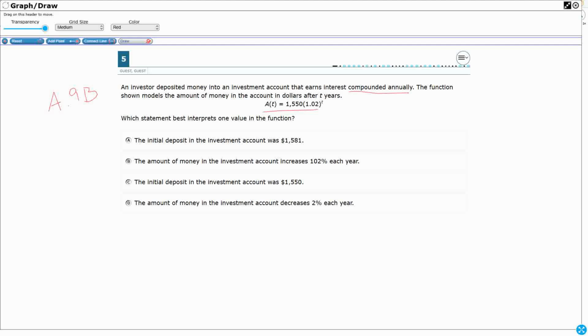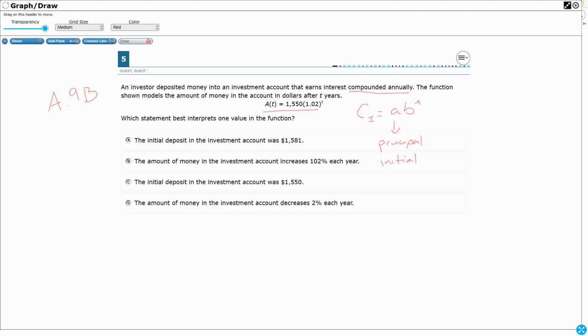Okay? And so what we have here is the compound interest. I'm going to put it right here. Compound interest is a b to the x. Now, we need to know what these three are, because if we know what these three are, then we're going to be able to describe this. But that's this whole standard, is to be able to interpret this, okay? So this a in this position is always your principal amount, principal or your initial amount. It kind of depends on the context of the problem, but it's how much money you're investing, is whatever that A is. So in this case, we're investing